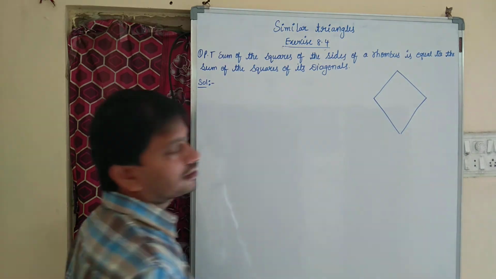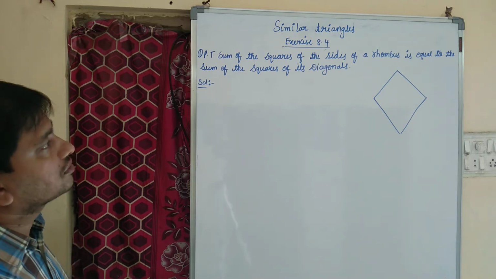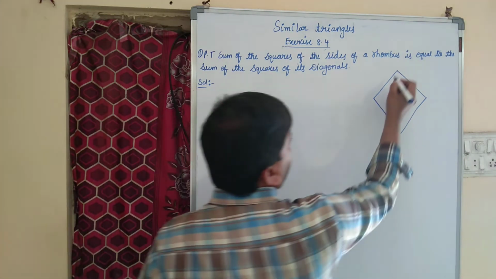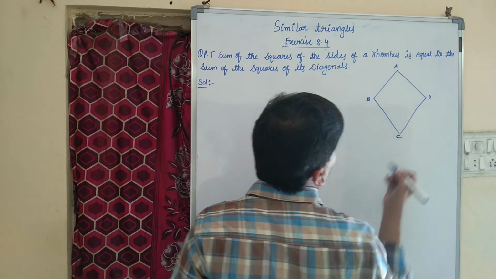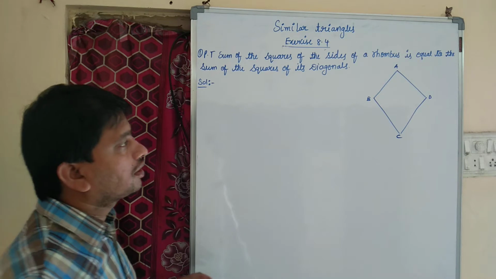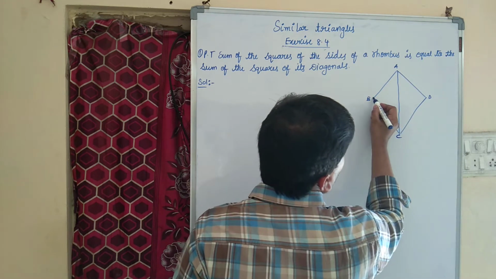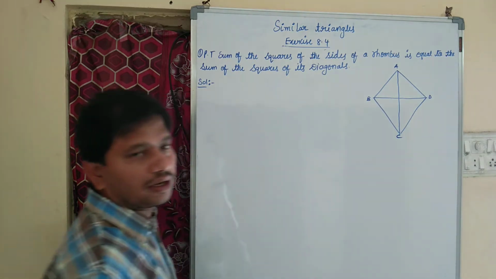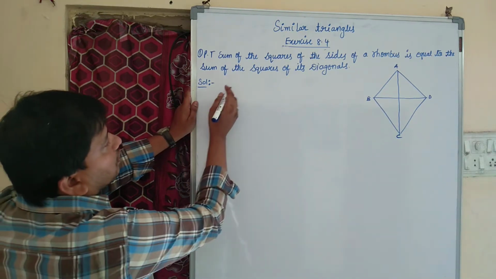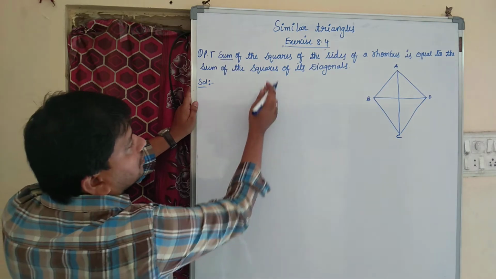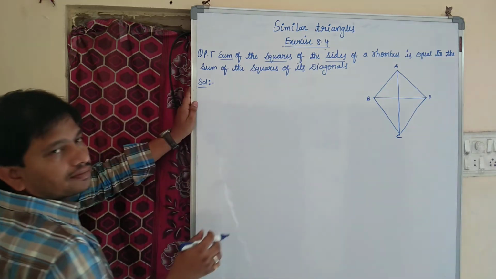This is our rhombus, a quadrilateral in which all four sides are equal. Let us name the rhombus ABCD. Here AC and BD are diagonals. What we need to prove is that the sum of squares of the sides of a rhombus